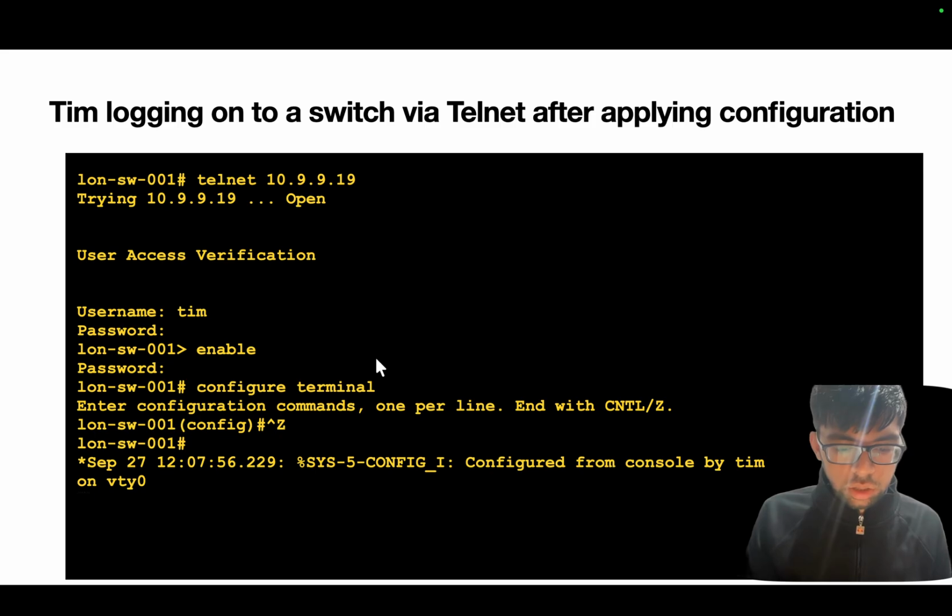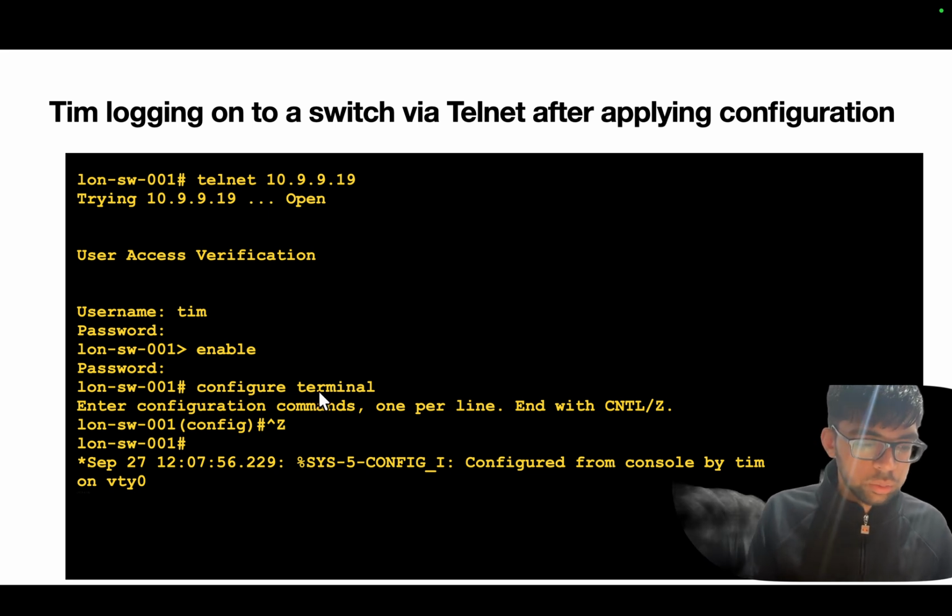Now he's in global configuration mode, and then he returns into privilege exec mode by doing Control Z. So that's all well and good. Tim can connect to Claire's switch in London using the username and password that he set, which is great. That's excellent. So let's now move on